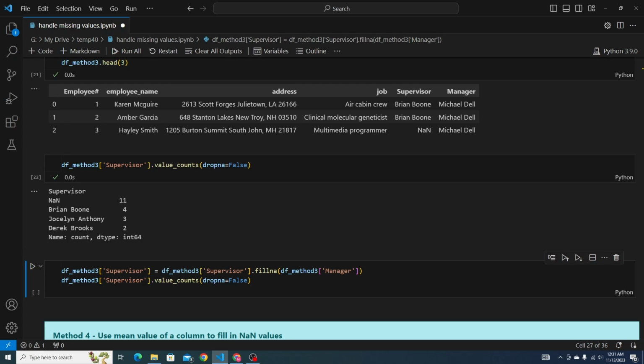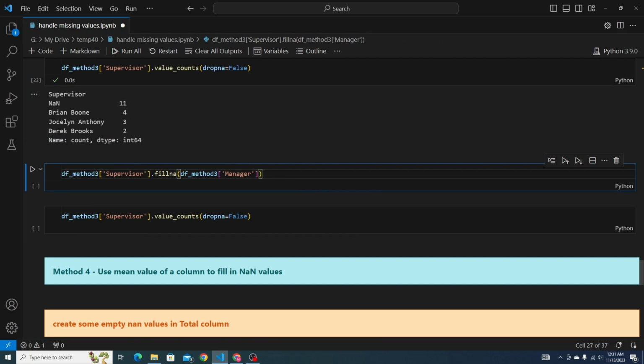Right, so we will do this using fillna by filling the supervisor name with the manager's name. For example, the manager name here is Michael Dell. It will be filled in the supervisor column, and same for all those rows where the supervisor name is missing. Okay, so we select the supervisor column from method 3, and we then say dot fillna, and then we give it the name of the specific column from which we want the value to be filled back to the original column. That is the manager column. So what we are saying is wherever the supervisor name is missing, fill the value with the manager's name.